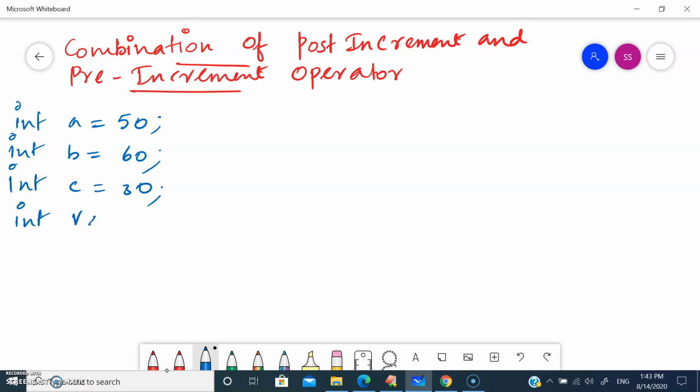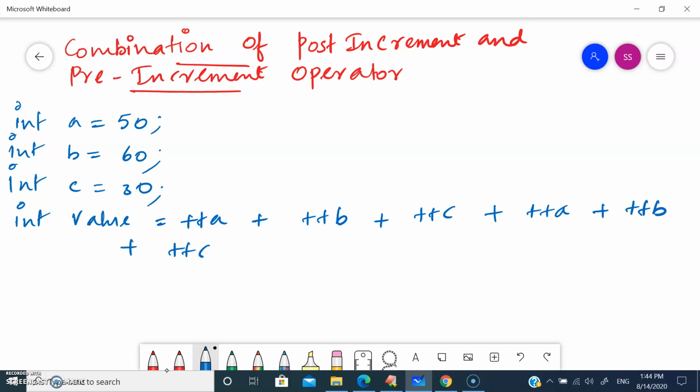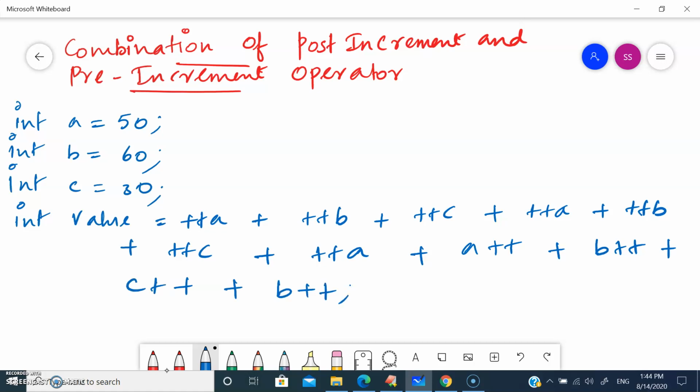So let me take int value = ++a + ++b + ++c, again ++a + ++b + ++c, then a++ + b++ + c++ + b++. So in this case, we have the combination of pre-increment and post-increment operators.